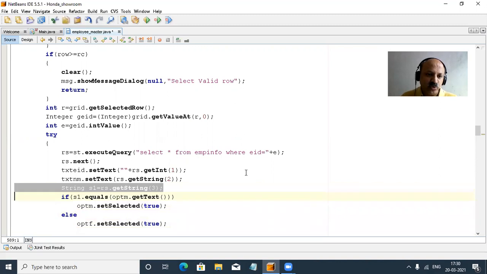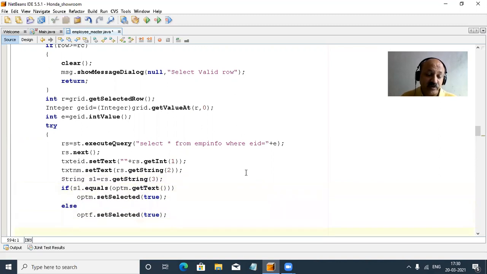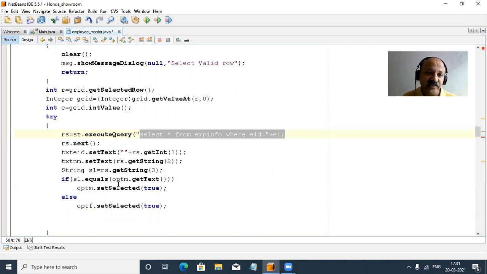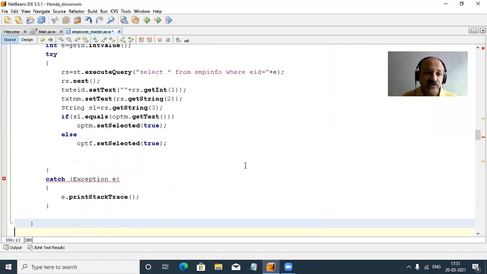Yes, that record we have to take from the original database table. I repeat this part because it is very important. We click in the JTable, but the record comes from our original database. So we take the select query, the Statement class executeQuery, and the return is a ResultSet class. So yes, three fields are completed. Now turn to employee department, which is very important. How do we take employee department? That is a combo box.